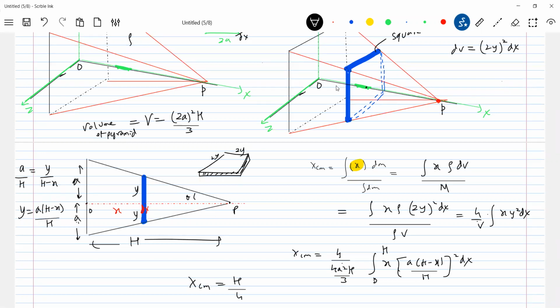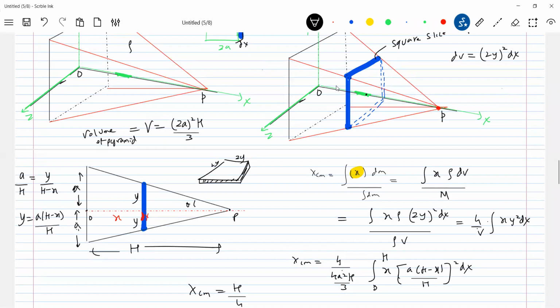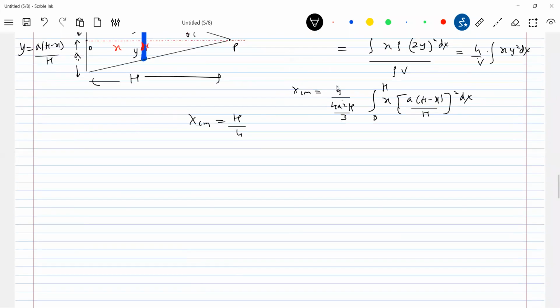So different shaped structures can be asked of you. Different shaped structures can be asked. The elemental structure, what you are going to assume, is very important. The same hollow square pyramid will come. Try to think on that. If it is a hollow square pyramid, then see what things will come. Do the calculation later on. So let me go for the next one.